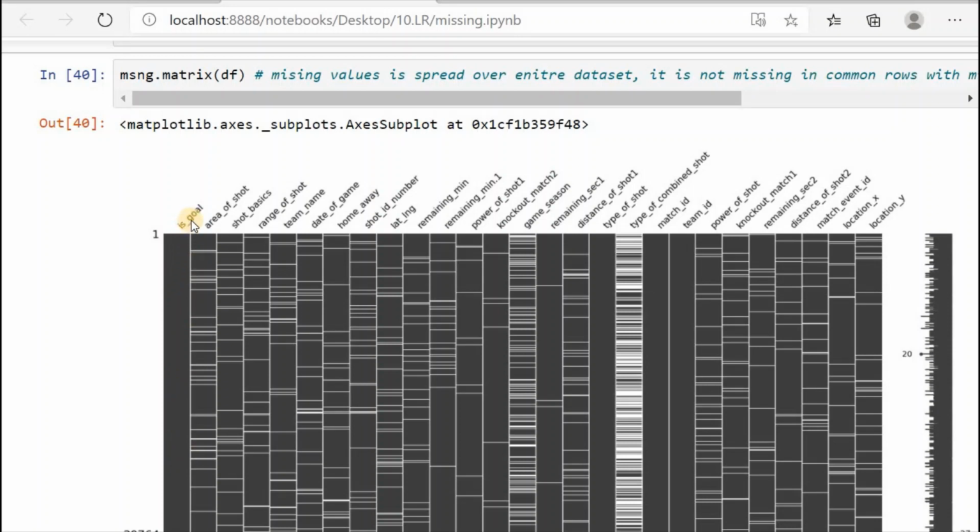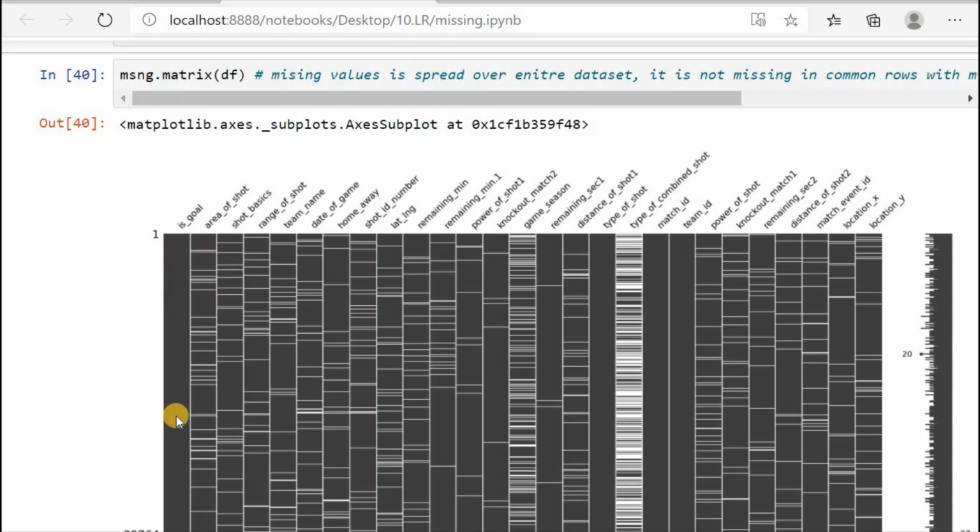We have seen that is goal has no missing values. Area of sort has two missing values here and a couple of missing values in these rows, but these rows don't have any missing values in is goal. The white lines represent the missing cells and the black ones represent the non-missing cells.